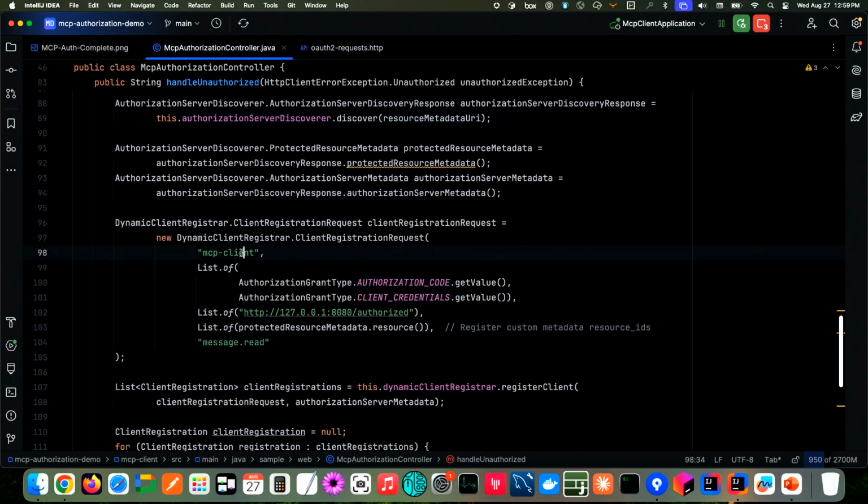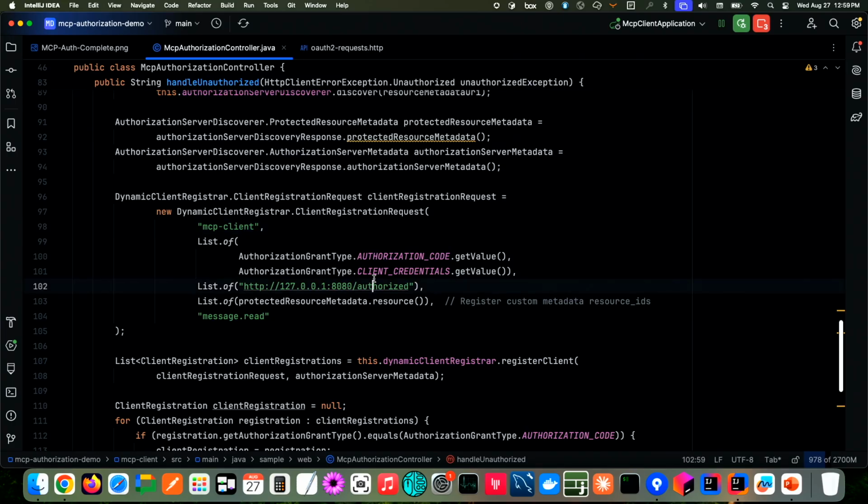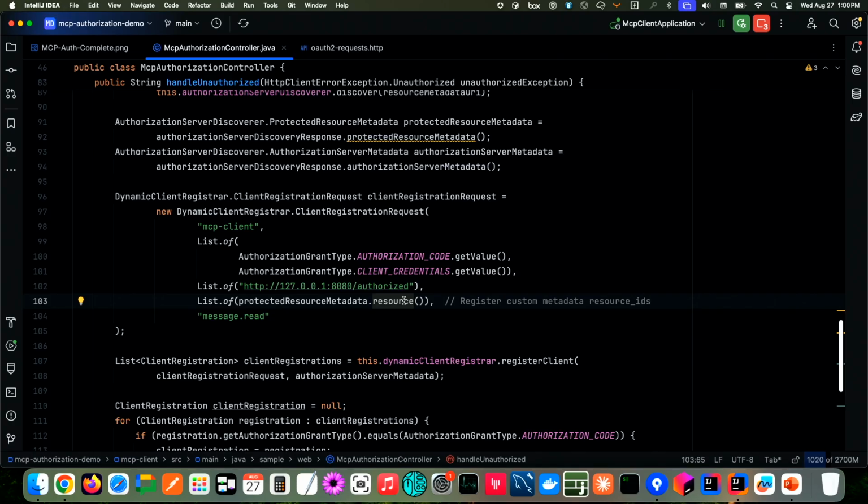This is just basically a logical name, the MCP client. I want this client to be able to perform the authorization client credentials grant. I set up the redirect URI. This is an important one here, the resource ID. So this is part of the spec too, where the relationship is one MCP client to one MCP server. It's always a one-to-one relationship, right? So you want to ensure that when an MCP client gets an access token, it could only call that one MCP server, right? And the way you would do that is by token audience binding,